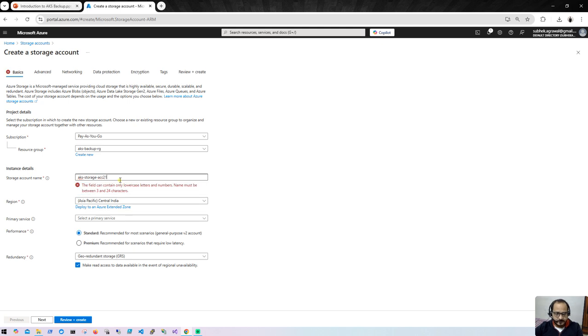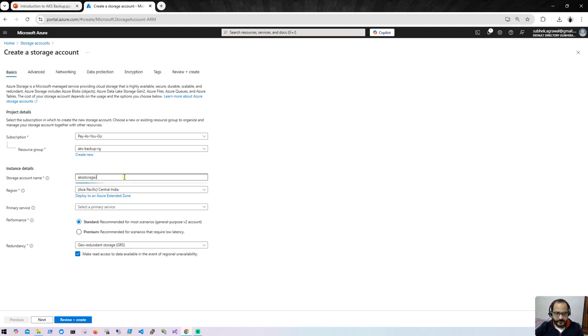Okay, so let me put some numbers. These fields can contain only lowercase letters and numbers. Okay, so aksstorage123 something. Okay, so the region, Central India,